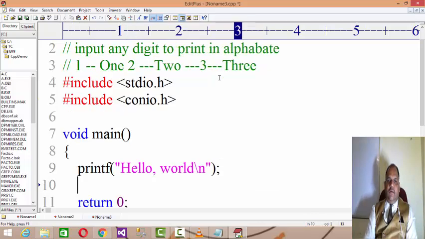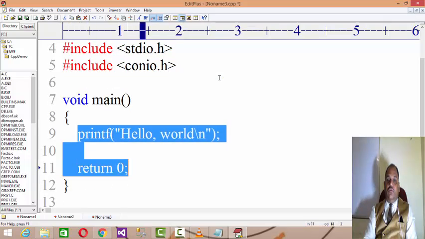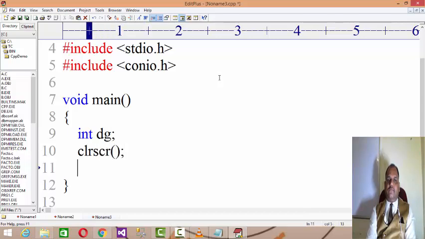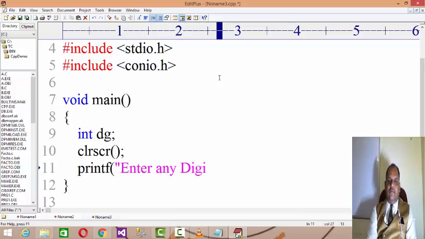And we don't know which digit the user is going to input. So let's say, for example, I'm writing digit, inputting digit, and clear the screen, printf enter any digit, and then scan the digit.